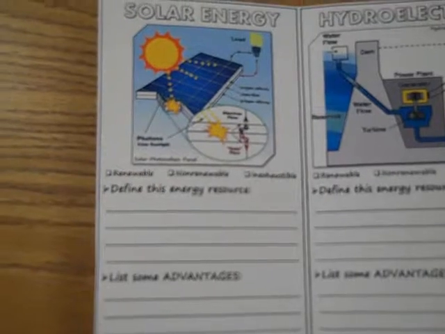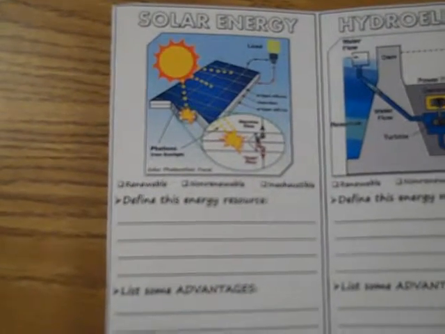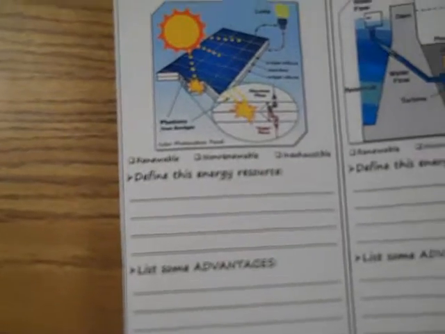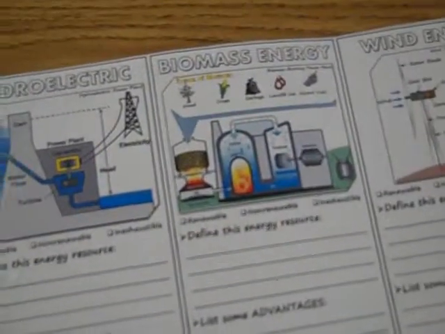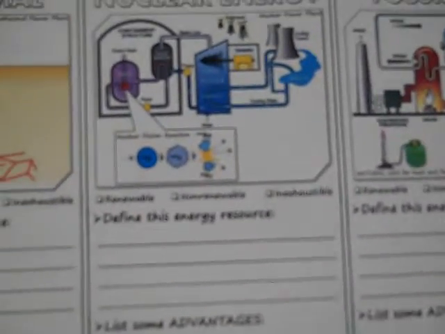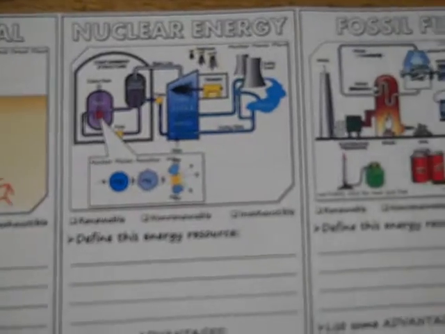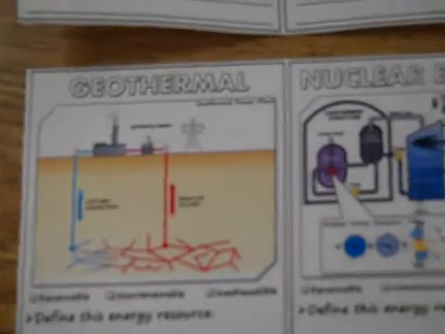Now the pictures are good quality pictures, and what they do is they actually show how the energy resource is transformed into electricity, rather than just showing a picture of a sun or a picture of some water, or a picture of a plant for biomass, or a picture of an atom for nuclear. It actually goes into detail about how that energy resource is transformed into electricity. And I think the students will find that a lot more interesting than